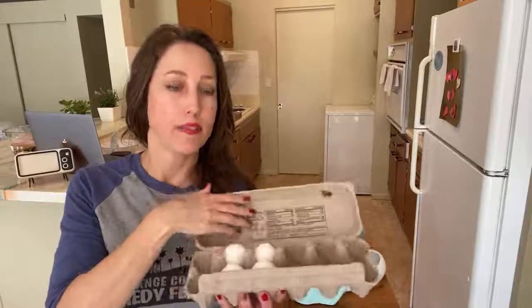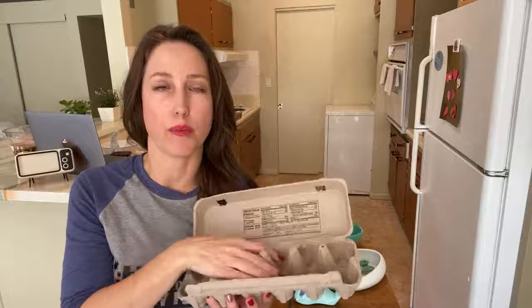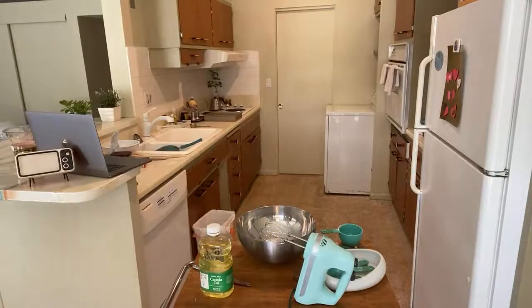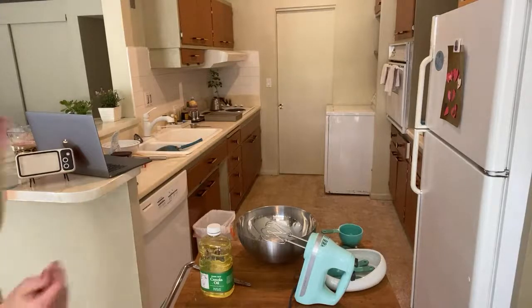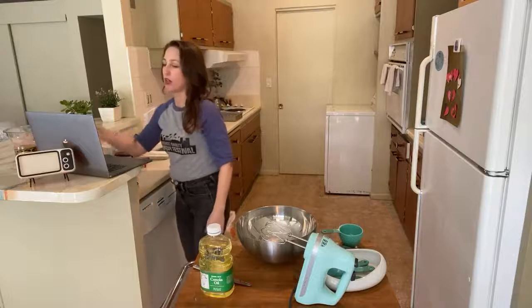I'm gonna go put these in the sun. I just can't leave them out there because they're cold. These are cold eggs and we need them room temperature. We need them warmer. Okay, I'll be right back. Oh my gosh. Oops. I should have looked to see how many eggs I need. Okay. Such a weird thing to do, but I don't know what else to do. I need to speed it up. I got you guys waiting to see this recipe. I could pre-measure my other ingredients, so